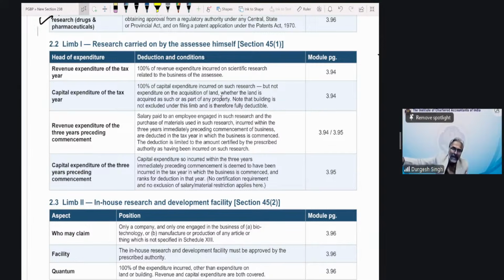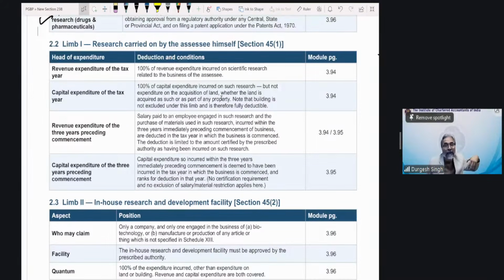There is a factory building wherein I am manufacturing the goods. Perfectly fine. In that factory, I have got the plant and machinery, which enables the manufacturing process of my goods. Those factory buildings and those plants enter into the block. The respective block is where they will enter. And what about, students, this particular scientific research building or the scientific research plant? What about them? This will not enter into the block.